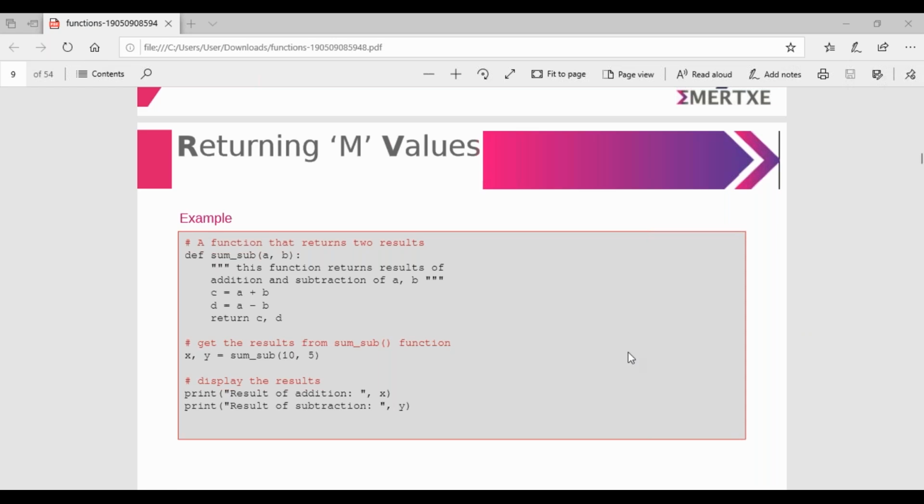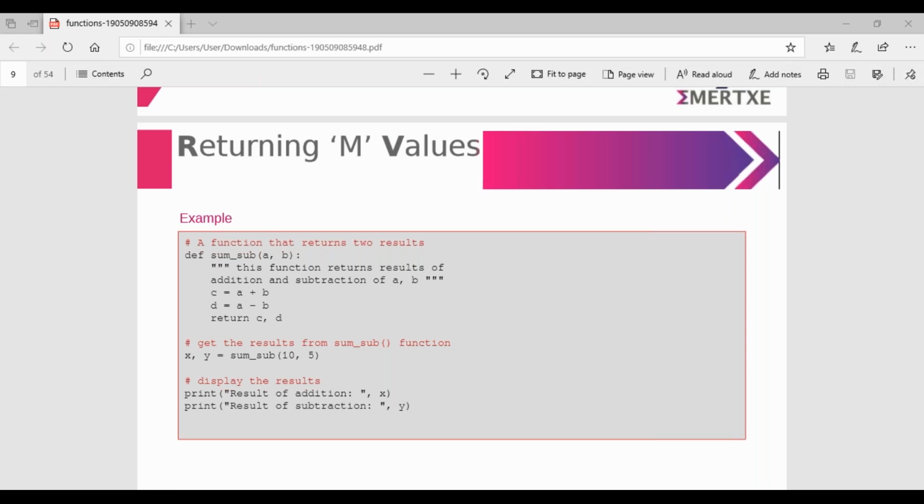Here, define sum_sub. It means you want the addition of 2 numbers and the subtraction of 2 numbers, right? So how to write the program? sum_sub(a, b) means we are passing 2 values. So c is equal to a plus b, and d is equal to a minus b.